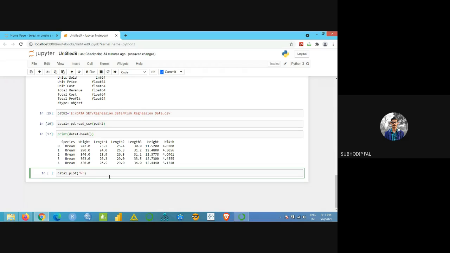So you have to write W capital also, with respect to weight and height. I want a dot plot or scatter plot, so my style of plot in single quote will be small o. Small o will define scatter plot.